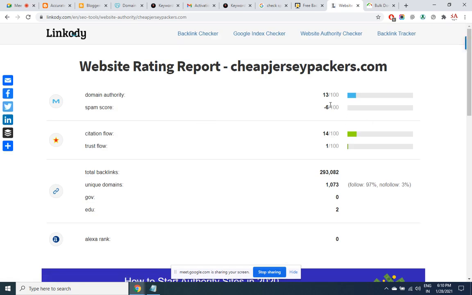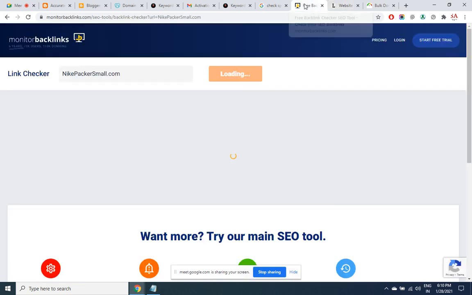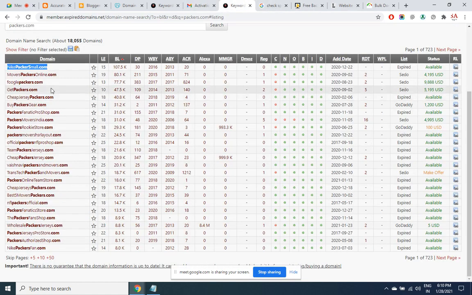Spam score -6. I wonder how it has shown as minus. It can't be minus, it is minimum 1. Okay. I'm a little skeptical. Don't know what is the issue with that, why it shows as minus. Let's go with some other one available. Okay, this is what we have seen.